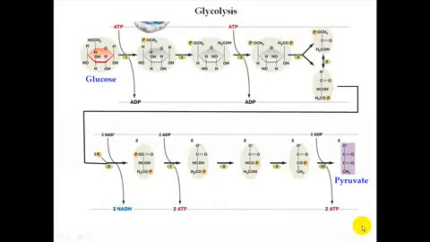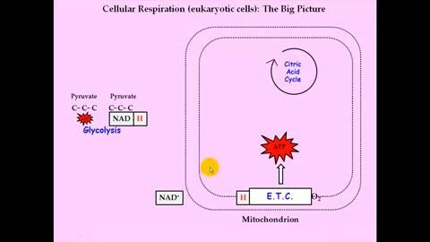So if we bring it back to the big picture, here's what we've got. We've just talked about glycolysis, and again, one of the major functions of glycolysis is to break down a glucose molecule so that high energy electrons are released. Those high energy electrons are picked up by NAD to become NADH. That's the molecule that then delivers the electron to the electron chain where ATP, a whole bunch of ATP, can